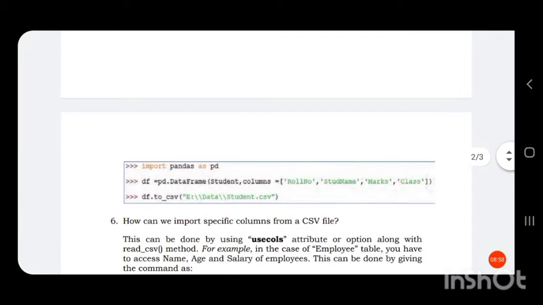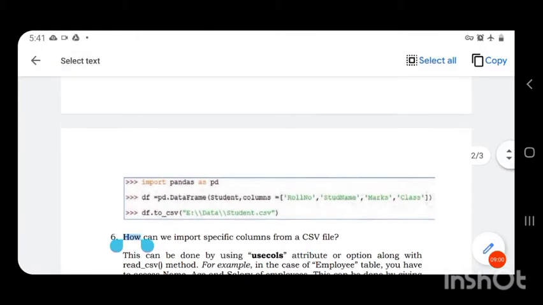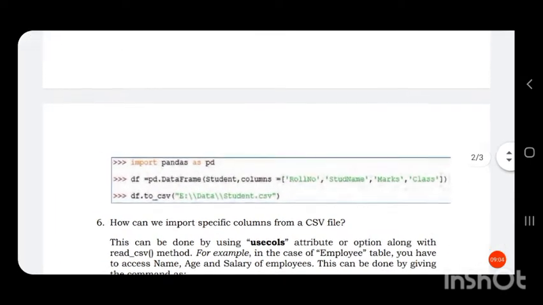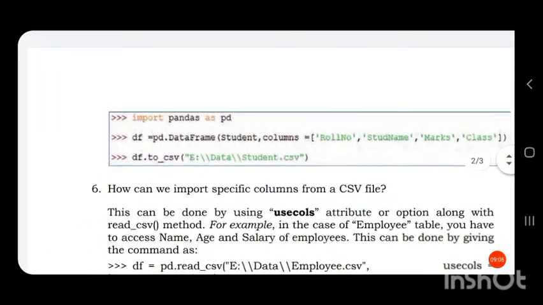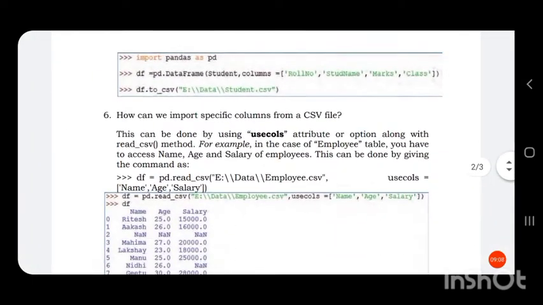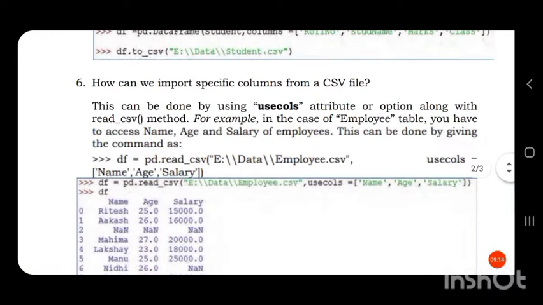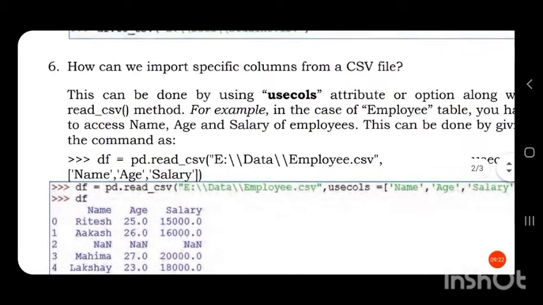So here you can see df.to_csv will create a CSV file from the data frame df. Now how can we import specific columns from a CSV file? If we want to import specific columns from a CSV file, we have to use an attribute called usecols.